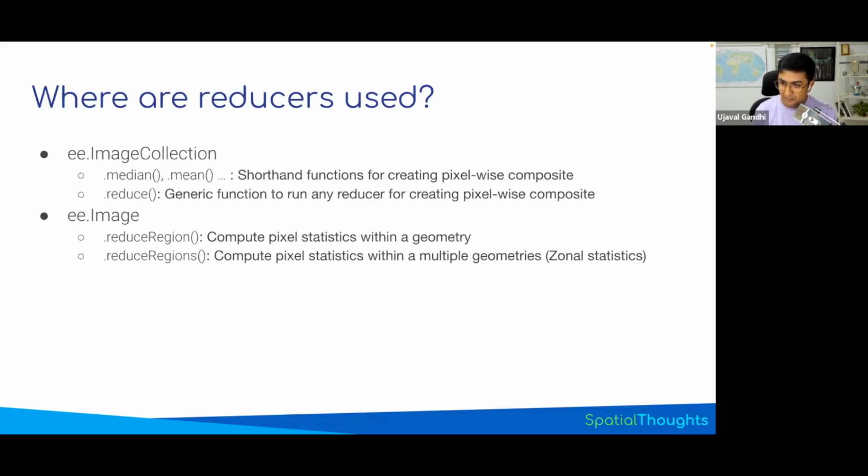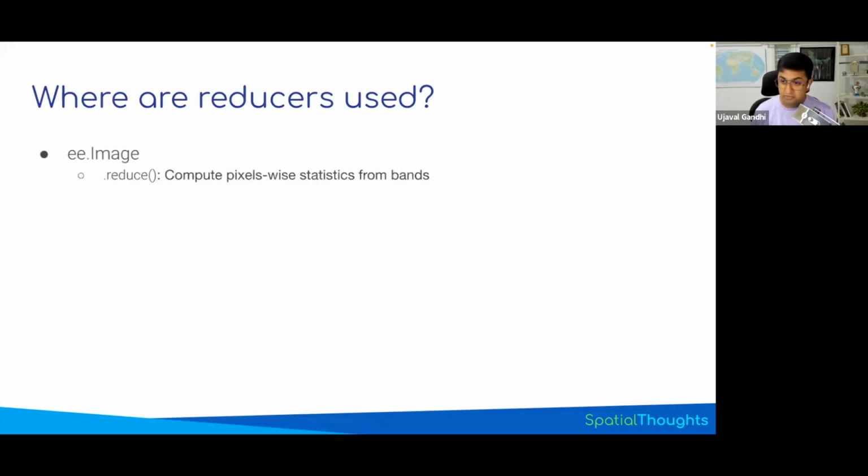But in Earth Engine, almost all of your image processing and remote sensing operations are implemented as reducers. So as you start implementing your remote sensing workflows, you'll discover that there are reducer functions available for many other objects. So for example, you can reduce an image. If you have a 10-band image and you say reduce, you will get a 1-band image, reduced across all bands. There's a function reduceToVectors. You have an image and you want to convert it to vector. You want to create polygons from contiguous pixels. Each of these functions will ask you to specify a reducer,